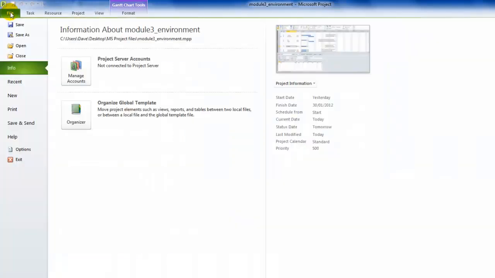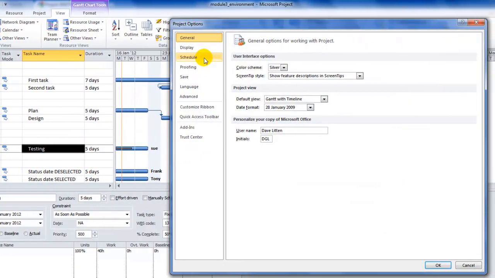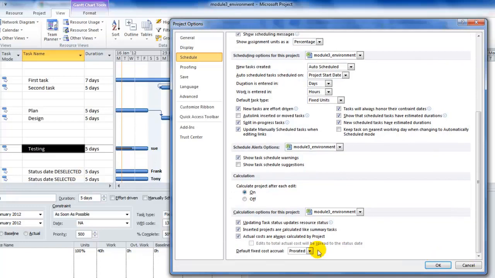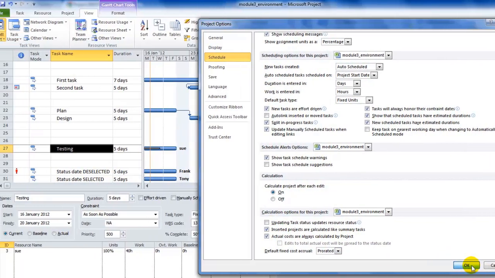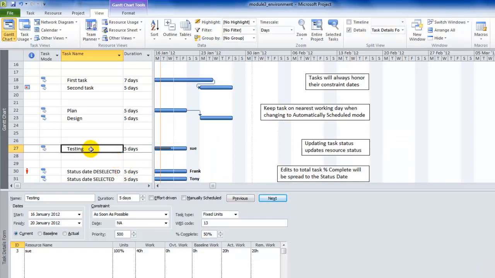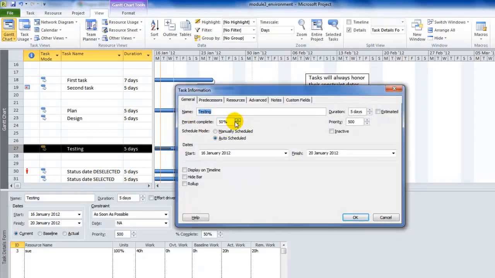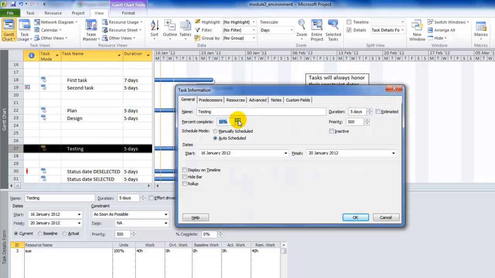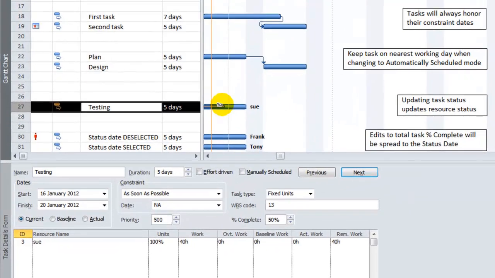Let's now go back and show the opposite effect. Options, Schedule, let's uncheck that. I think you know what's going to happen now. If I now double click on the task, or let's just set this back to 0, otherwise you'll think I'm cheating in some way. Okay, so there we have it, Sue, 40 hours full time. If I now double click and set this to 50% complete, press OK, notice that shows 50% complete, but Sue's